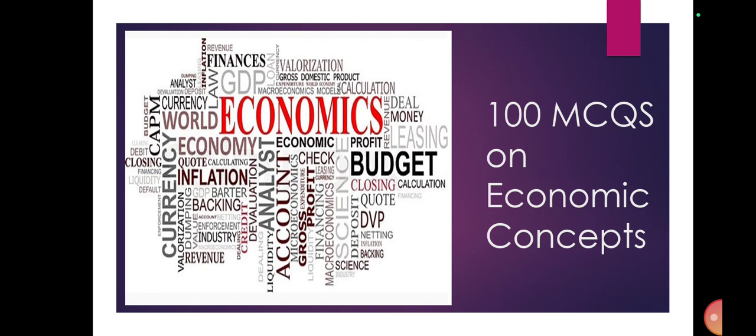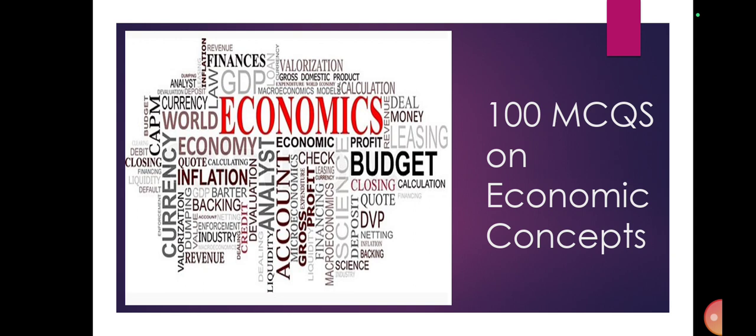Question number 82. Consider the following with respect to progressive tax. Progressive tax is based on the taxpayer's ability to pay. It imposes a lower tax rate on low income earners than on those with a higher income. This is usually achieved by creating tax brackets that group taxpayers by income range. The income tax system in the US is considered a progressive system, although it has been growing flatter in recent decades.